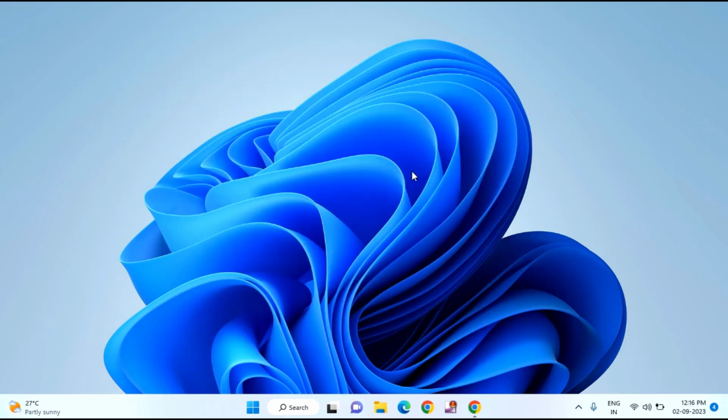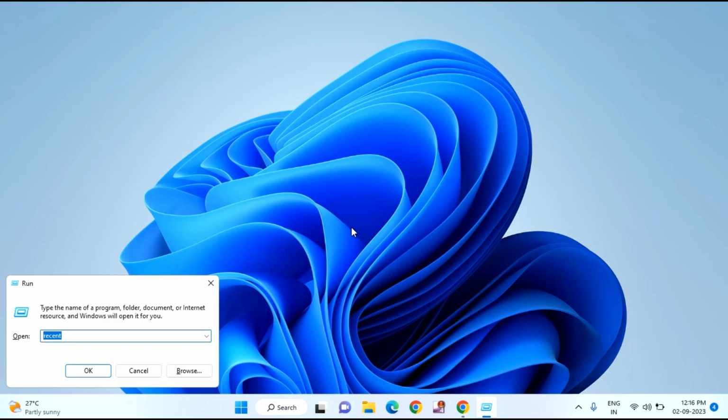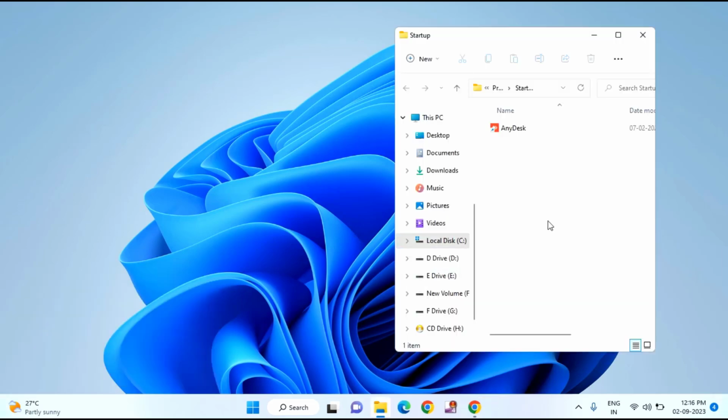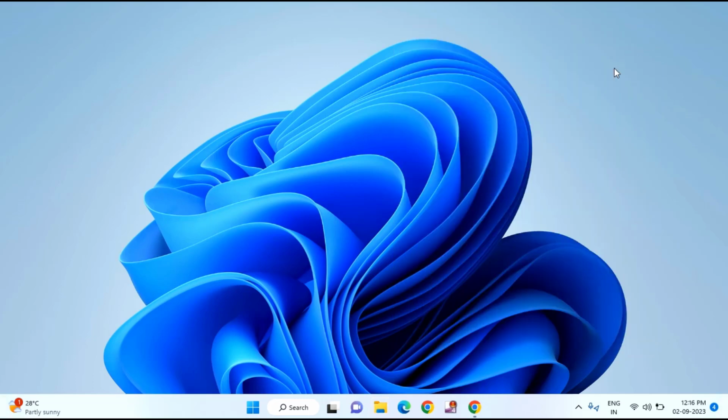After doing this, just close this window, press Windows plus R key. In this you need to type shell:common startup and hit enter. In this, if you find any Microsoft Edge file, just you need to delete that shortcut Microsoft Edge files. After deleting, just close this window,